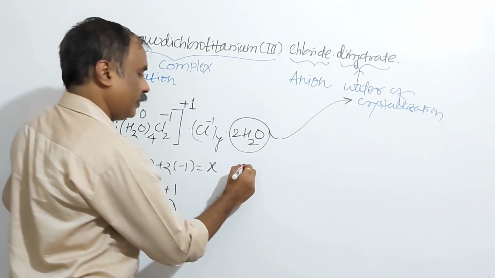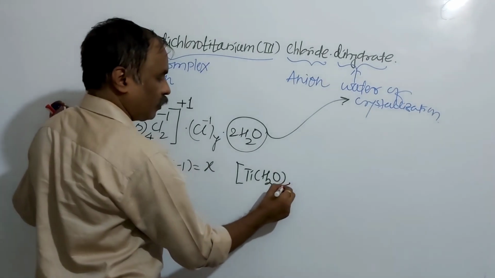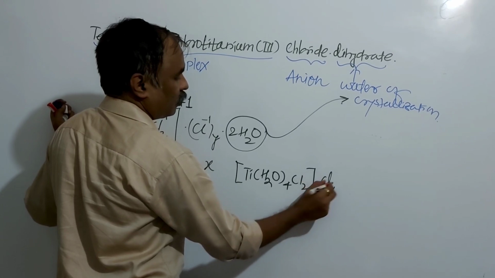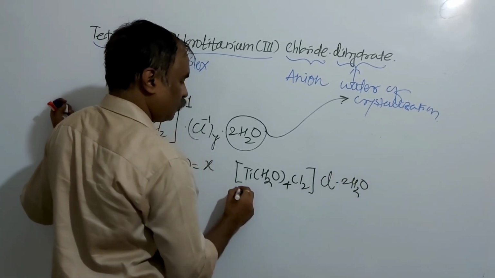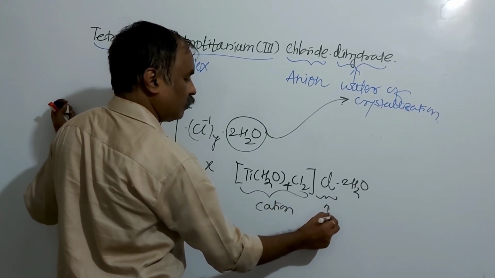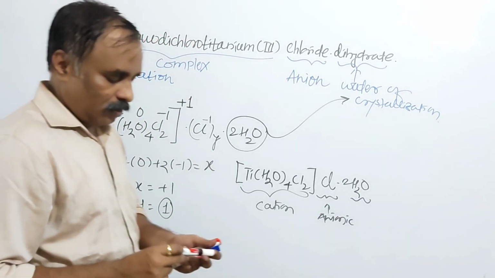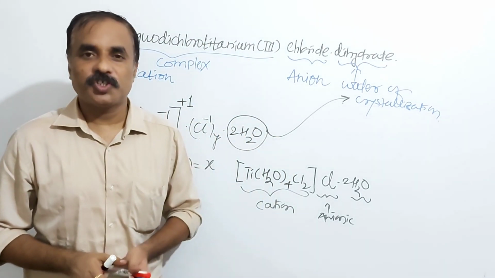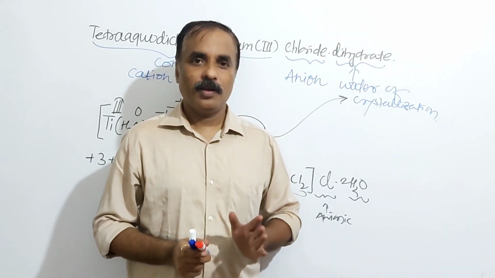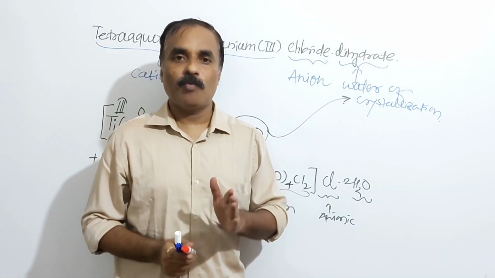So structure of this titanium: [Ti(H2O)4Cl2]Cl·2H2O. This is cationic part, anionic part, and this is about water of crystallization. So in this fashion we can write the structural formula of given complex from its IUPAC name. It is very easy. If you have any doubt about this, how to write the structural formula of any IUPAC,